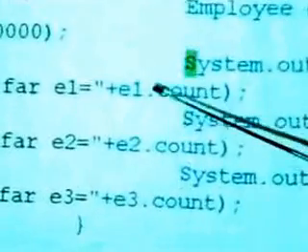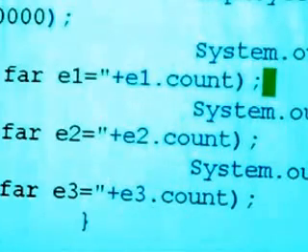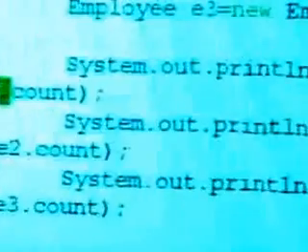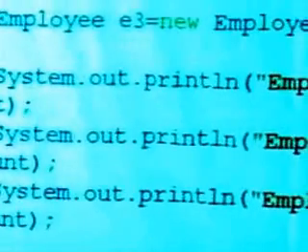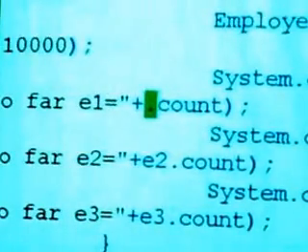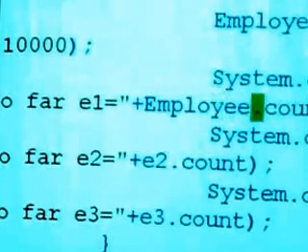Okay. Now it is on these 3 lines that it is giving a warning saying count is a static variable you are accessing through an instance reference, which is E1, E2 or E3. While that's perfectly valid, that is not called good programming. Anybody who looks at it thinks, count is what kind of an animal? Is it an instance animal or is it a class level animal? So in order to make this clear, it's convention to say a class.